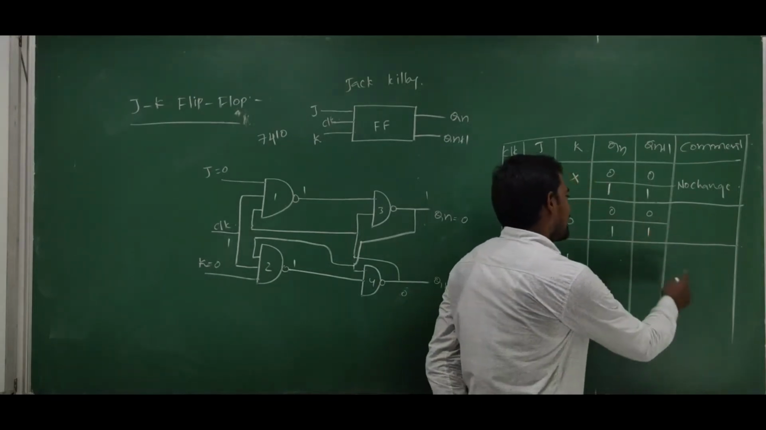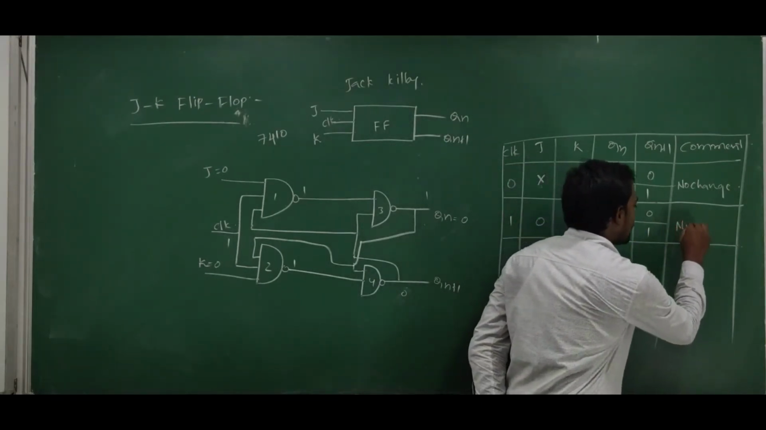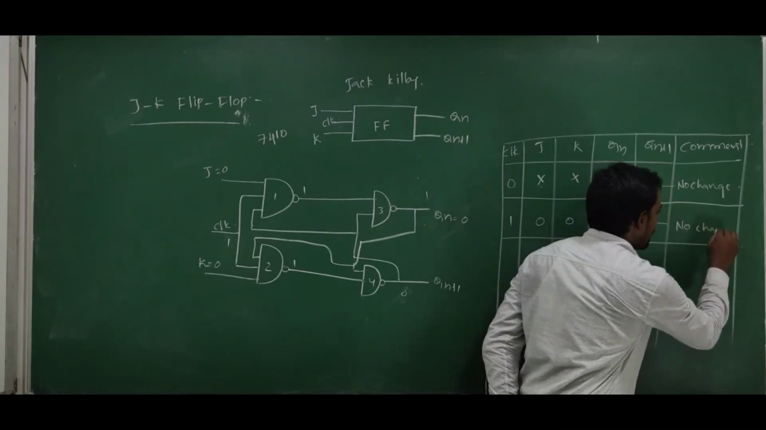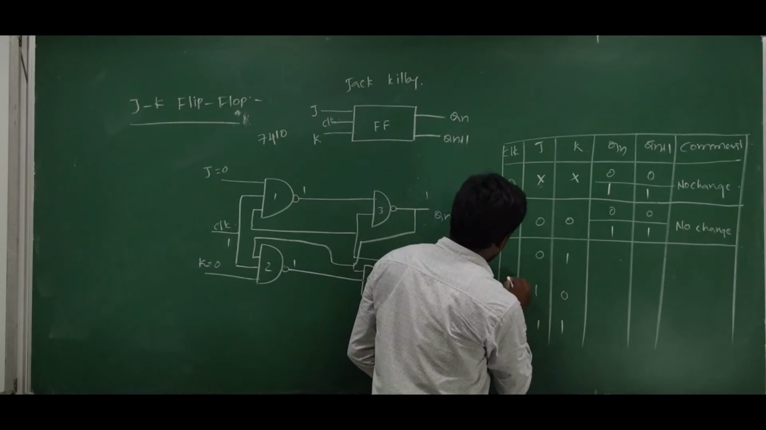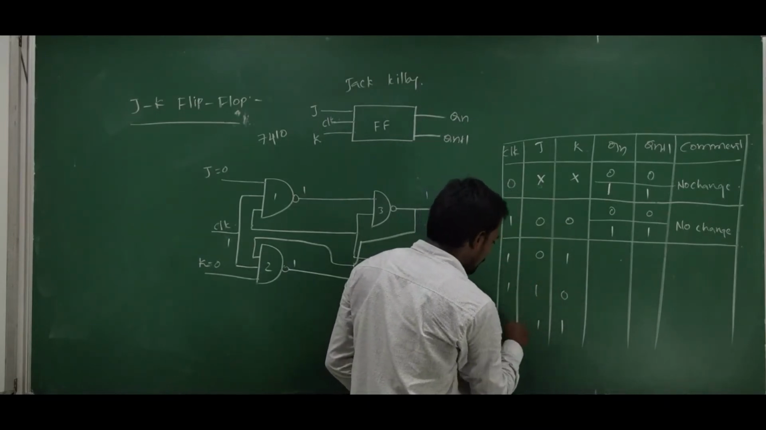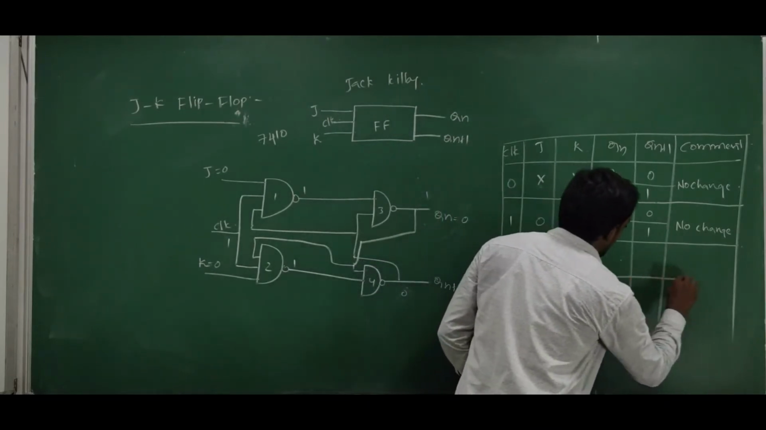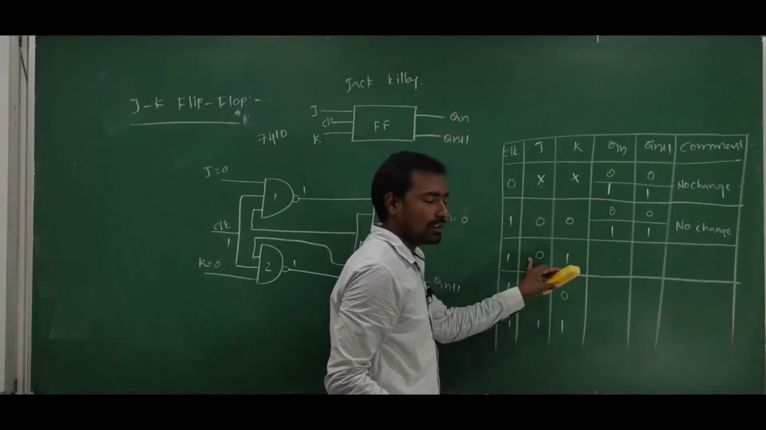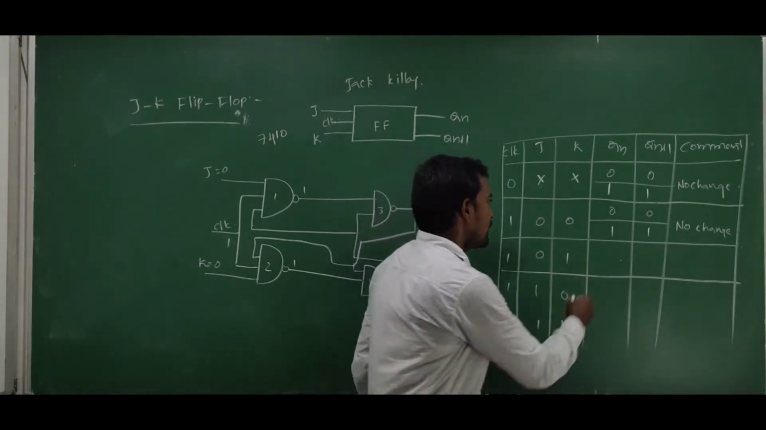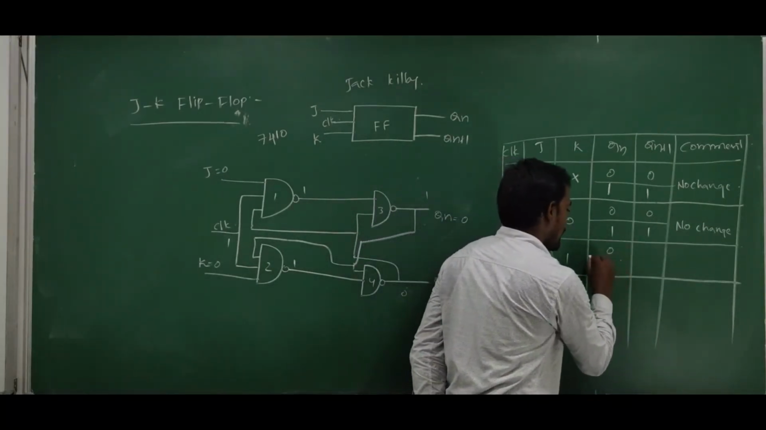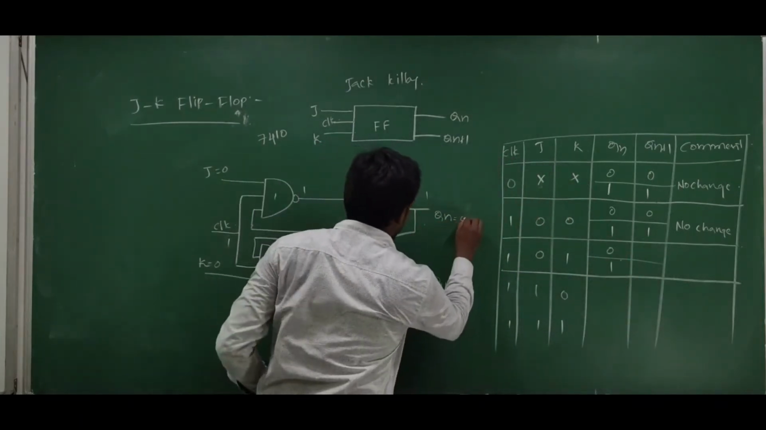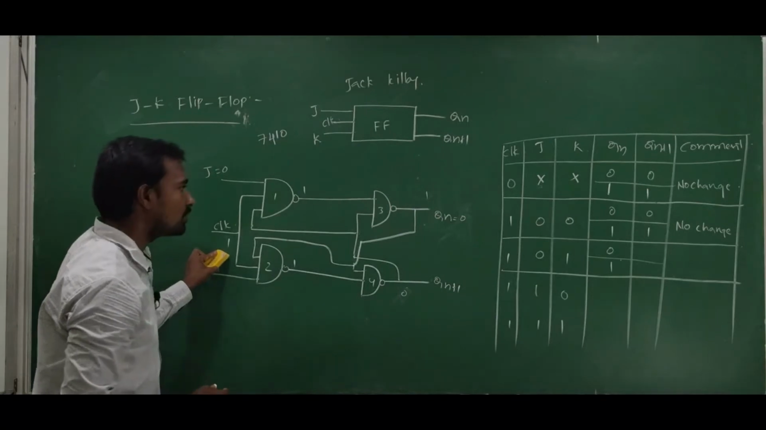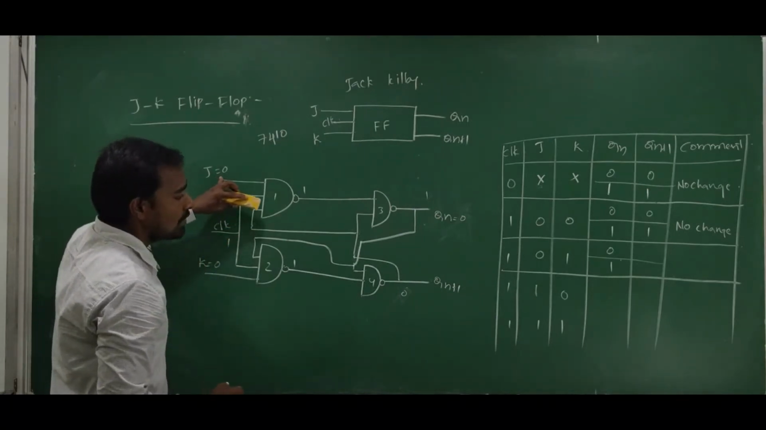So this is not changing the output, so that's why this state is also called the no change condition. Okay, and coming to clock signal equal to 1, J equal to 0 and K equal to 1, Qn is equal to 0 and 1. Okay, and Qn is equal to 0 here, clock signal is equal to 1, J is equal to 0, K